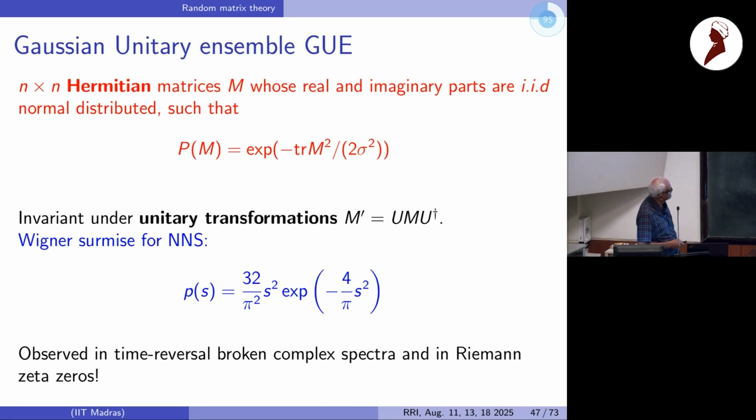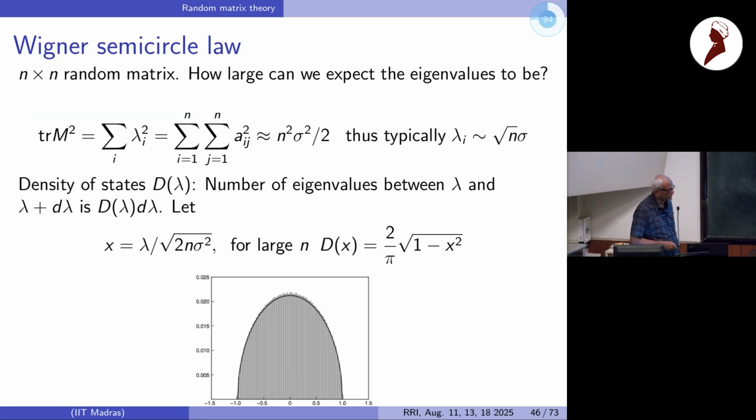See, this is telling you the eigenvalue distribution, the density of states, of a random matrix. But let's say you take some quartic oscillator or something which is chaotic, or these billiards, and find out its density of states, it will not be this. It will not be a semicircle. However, the spacing distribution will be Wigner and all that. Is it universal? No. It's not universal. It will depend on the Hamiltonian.